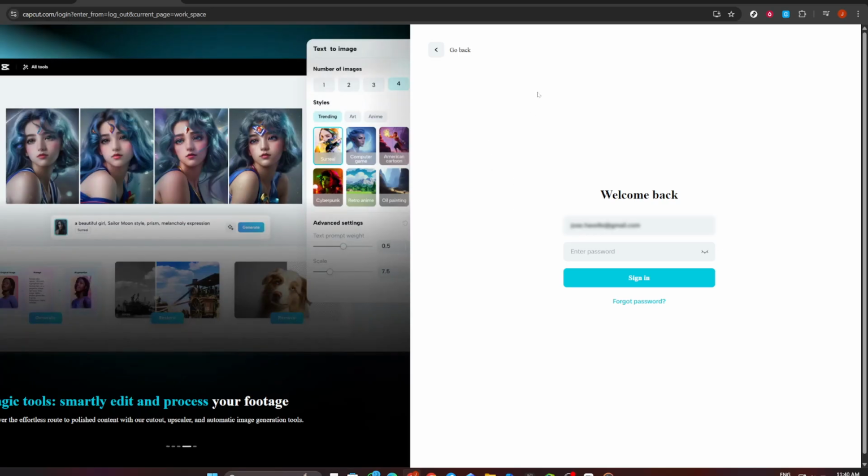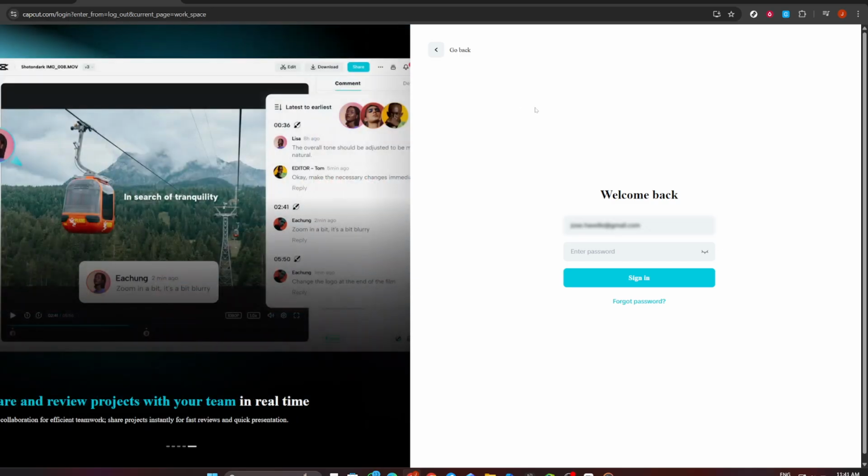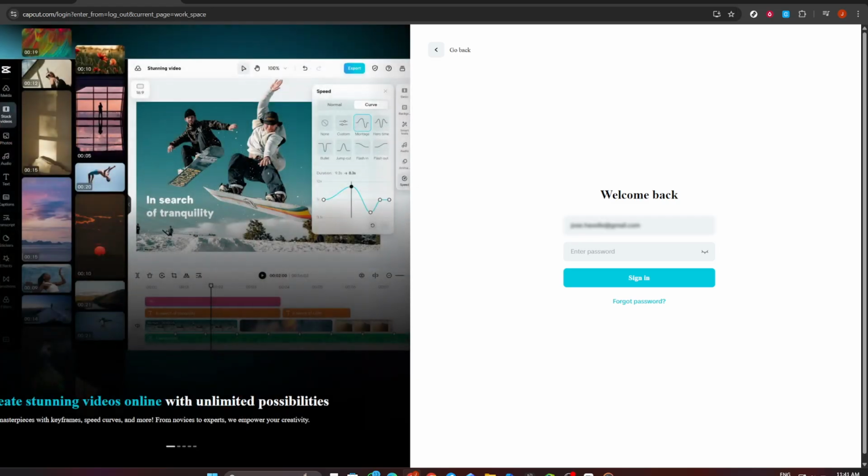You'll see a box where you can enter the email address associated with your CapCut account. Click into that email field to make sure it's active and your cursor is blinking there. Then type the email you used when you first signed up. It's worth taking a moment to double check for typos. A single extra character can prevent the system from recognizing your account, and you'll save time by getting it right the first try. If you have more than one email, choose the one you're confident is linked to your CapCut